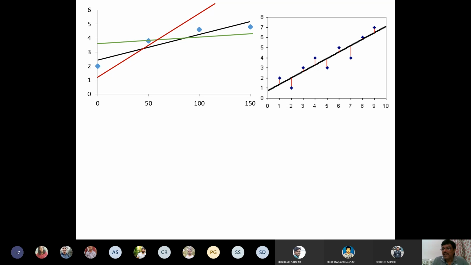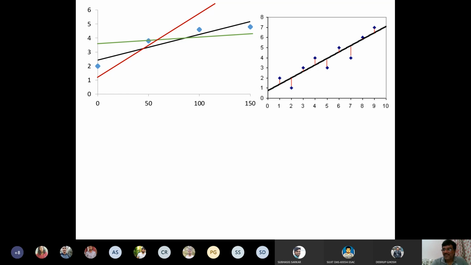To solve this problem, you can square these values. So square the differences of observed and predicted values for the points lying above the line and take the total. Similarly, for the points which are below, you take the difference, square it, and make the total. So this will be the total sum of squares of distances. And the line which gives us the least value, the minimum value of the total sum of squares of distances, will be the best fit.